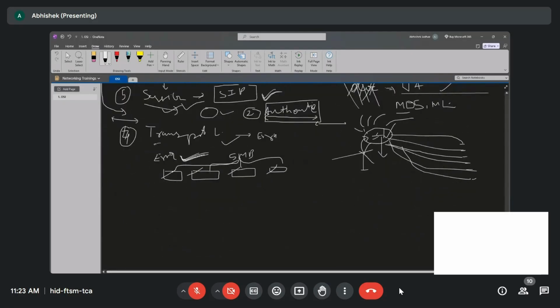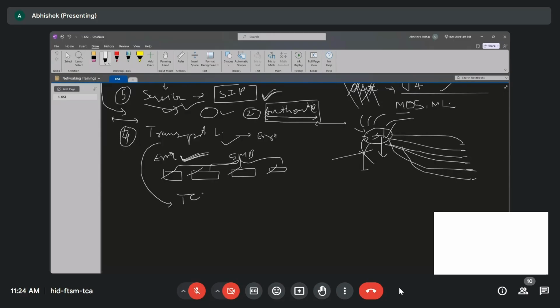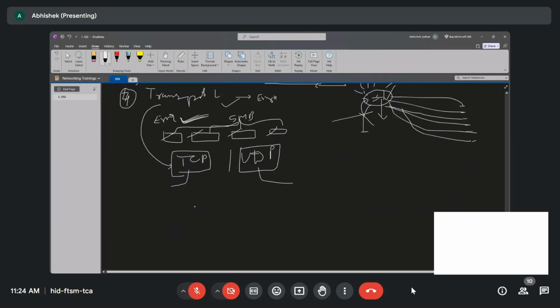So in the transport layer, we have two important protocols, that is TCP and UDP. TCP is known as a reliable protocol and UDP is known as a non-reliable protocol. So the major difference between TCP and UDP is reliability. And by reliability, what I mean is, let's say you send 10 bytes of data, or in our crude scenario as of now, 10 packets